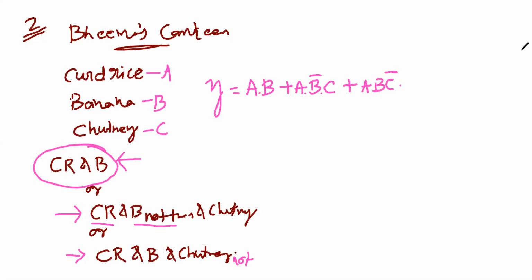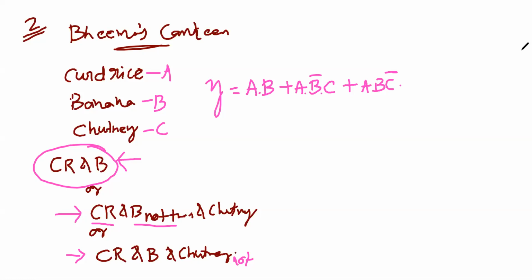Now what will the vendor conclude? In short, rather than telling all this statement and confusing the vendor, we can tell what? Let's reduce it. So what will we do? A is common to everything. Look carefully: B bar dot C plus B dot C bar means 1.